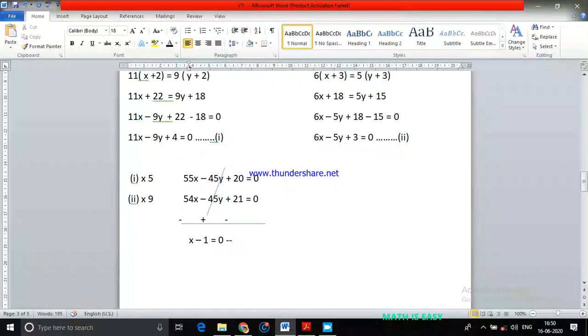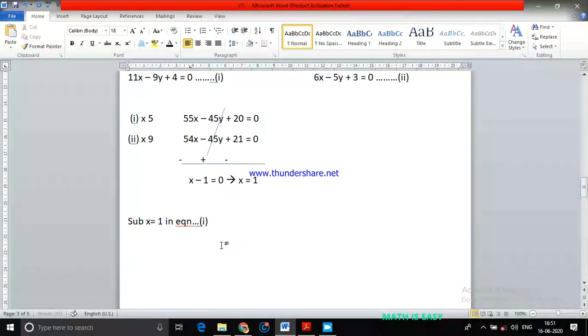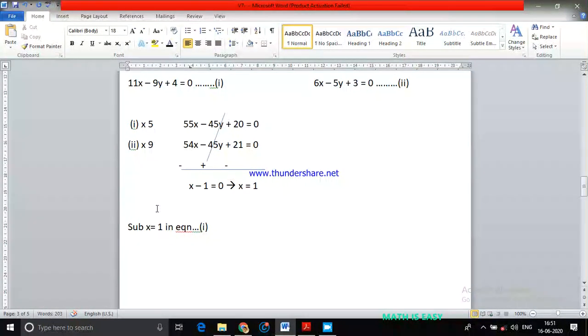So that implies your x value is going to be 1. Okay. So once you get the x value is 1, now we already know how to solve this one. Substitute x equals 1 in equation 1. So if I substitute x equals 1 in equation 1, it is 11x, that is 11 into 1, minus 9y plus 4 will be equals to 0. So you will get 11 plus 4 is